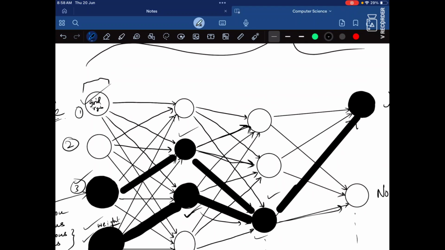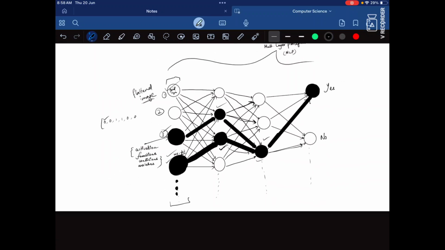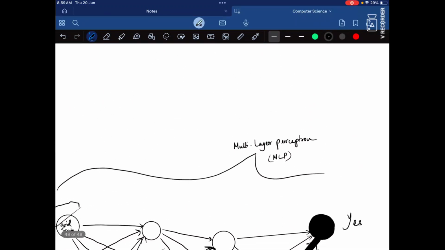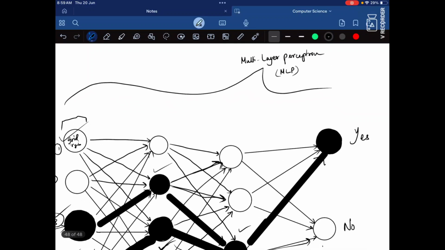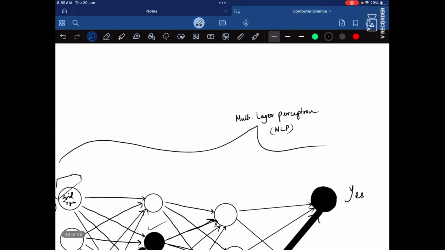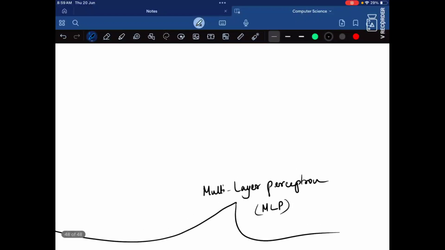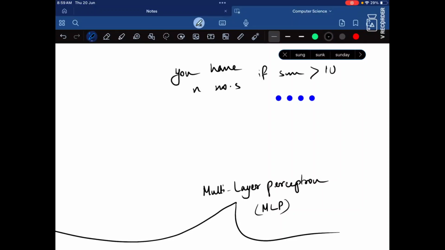To get activated, what activation functions in general do is, I'll give a brief about it, as activation functions need another video. But activation functions are like this. Suppose you have n numbers, and you need to find if the sum of them is greater than 10 or not.